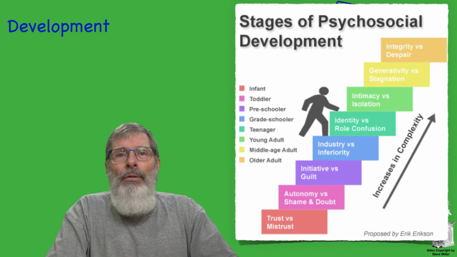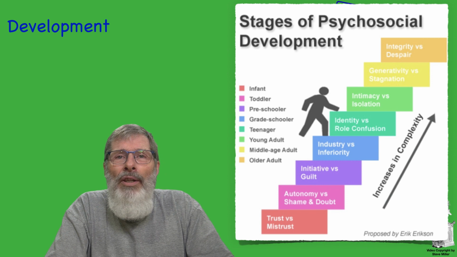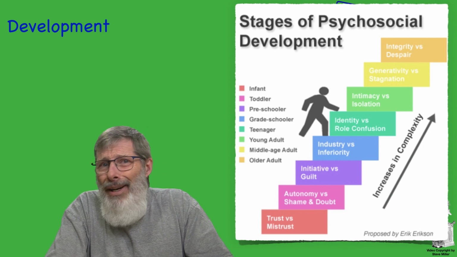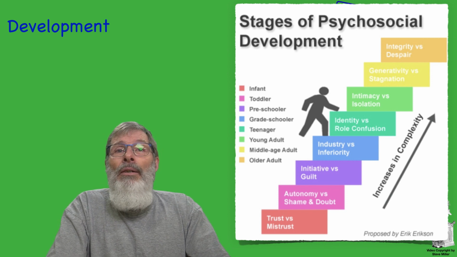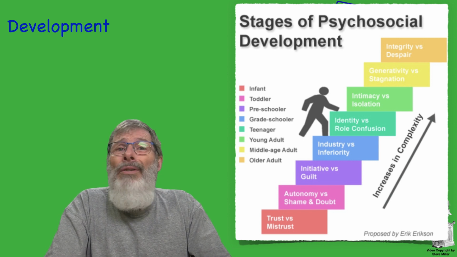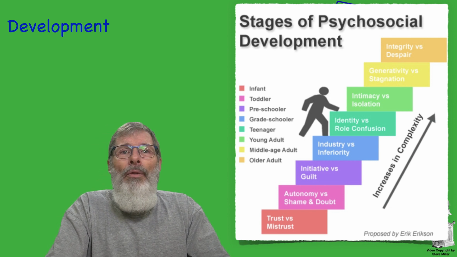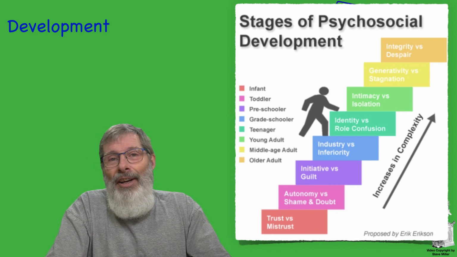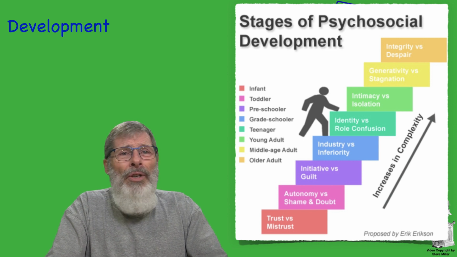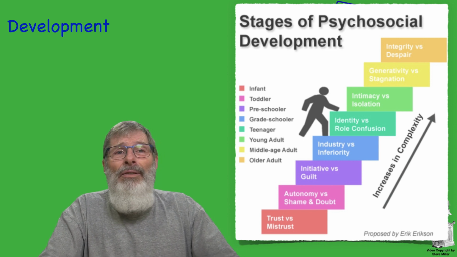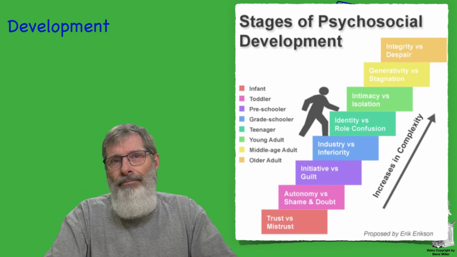In adolescence, we gain a solid sense of who we are and what we stand for. Now, this can be a great advantage going forward. Not gaining ego identity, one may experience role confusion. Here we don't really have much of a handle on who we are, and therefore we're not very focused, or we can't find solid ground to stand on. We struggle in life if we can't identify who we are and what we stand for.